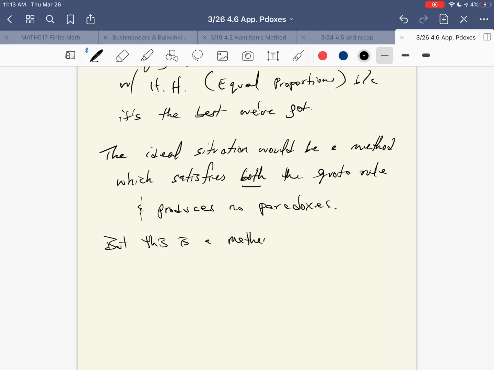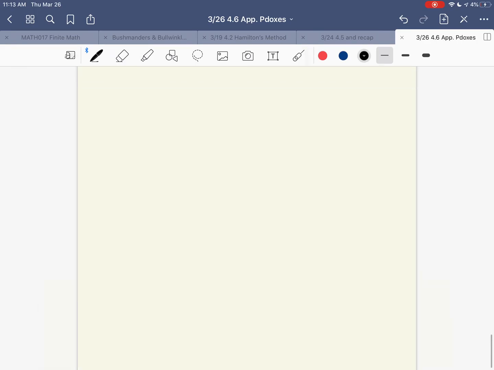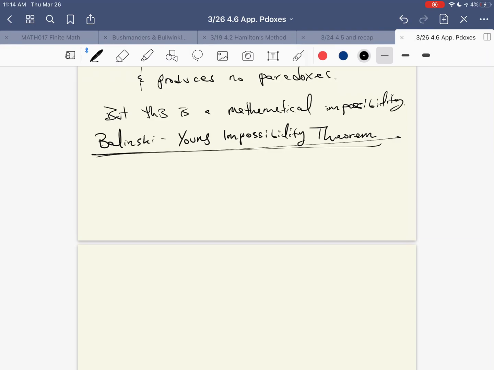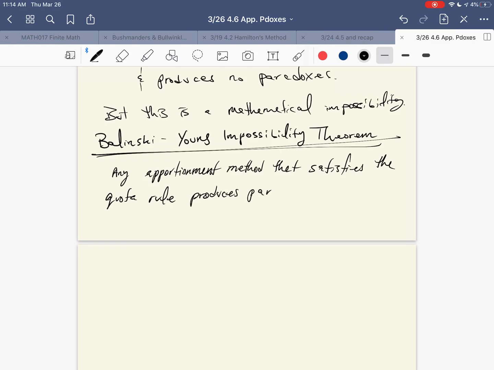But this is a mathematical impossibility. I'm sure the proof is quite interesting to read. I haven't read it, but it's a fascinating theorem. So this is kind of the overarching theme, the Balinski-Young impossibility theorem, which states that any apportionment method that satisfies the quota rule produces paradoxes,